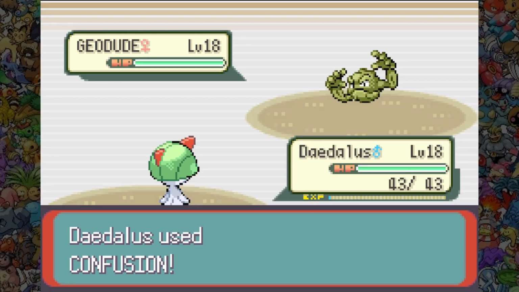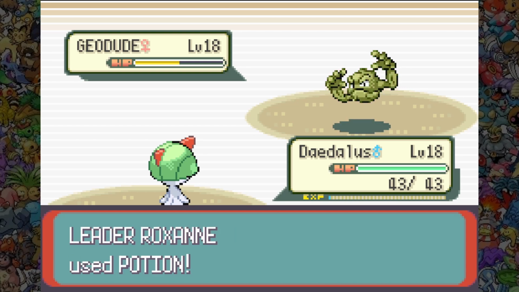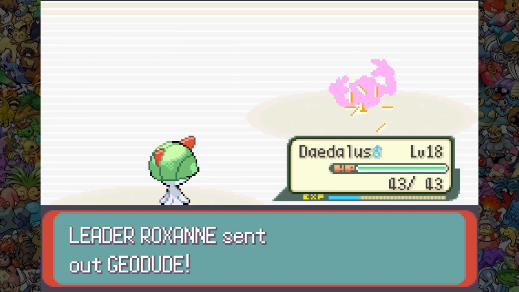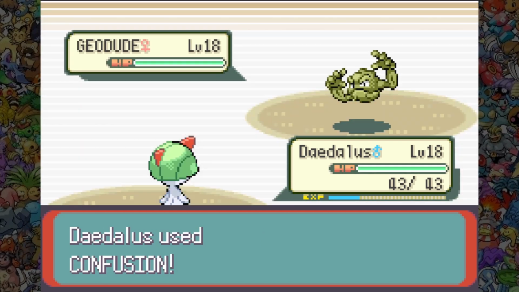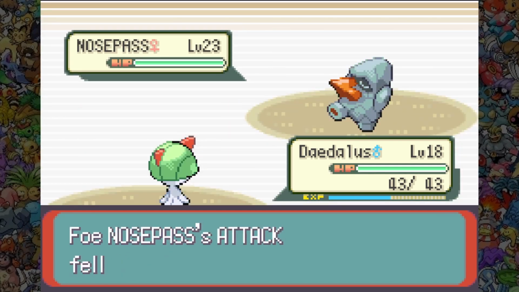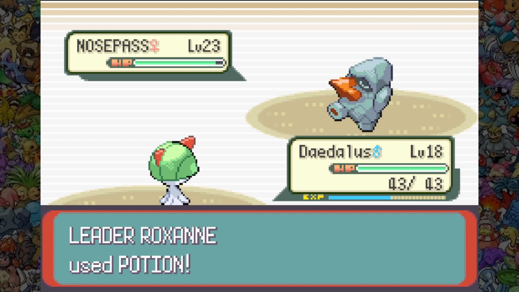This time, Confusion does half to Geodude, and she just goes for Defense Curl, so Ralts is still at full health as Geodude goes down. Then, against the next Geodude, we get a critical hit Confusion for the one shot. Last is Nosepass, and I just go for Growl here, thinking Ralts would go down. For some reason, Roxanne decides not to attack us for 7 turns in a row,